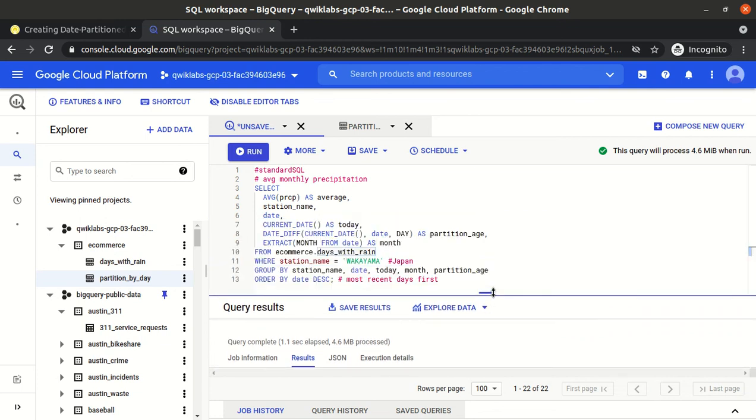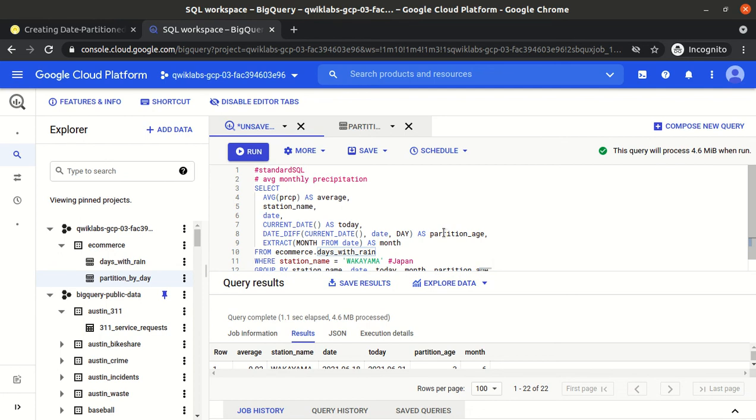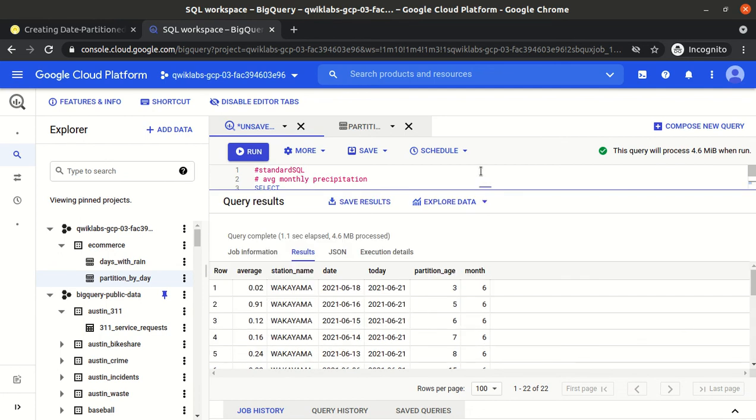Here we are also seeing the partition age. The partition we mentioned was 60 days.